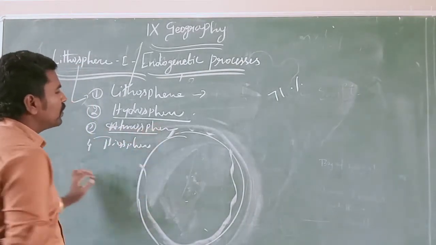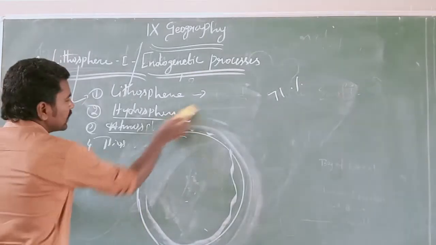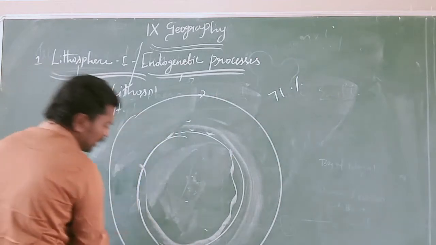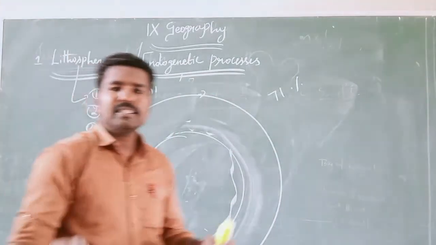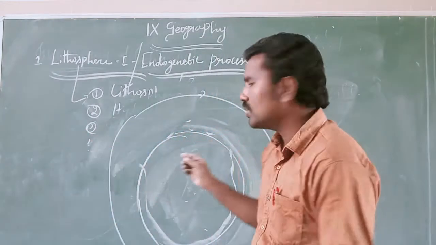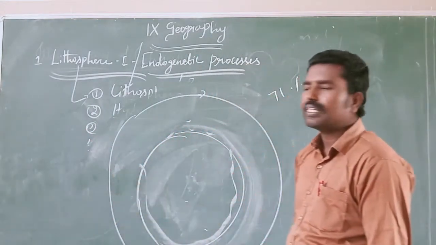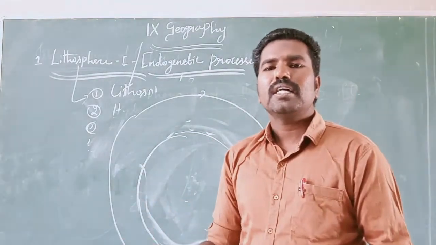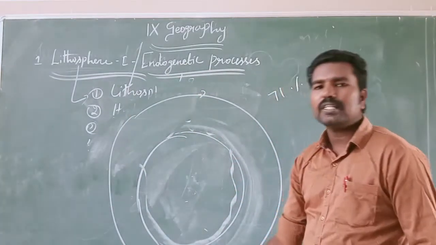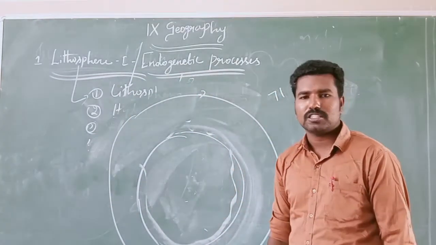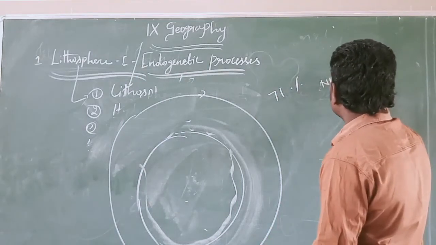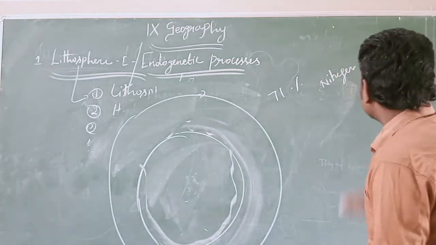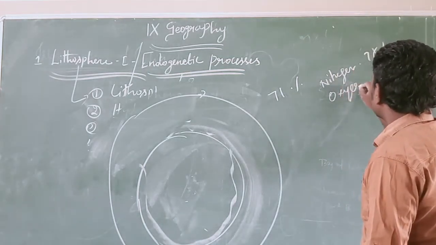The third important sphere is the atmosphere. The atmosphere is a thin blanket of air that lies around the earth's surface. A thin blanket of air that lies around the earth is called the atmosphere. The atmosphere consists of various gases, especially nitrogen, which makes up more than 70% of the atmosphere, and oxygen,